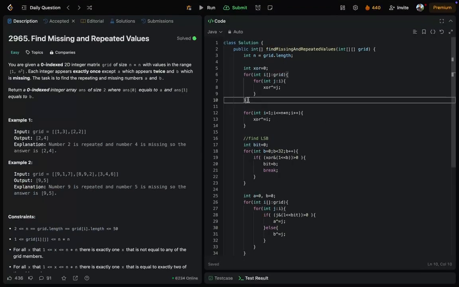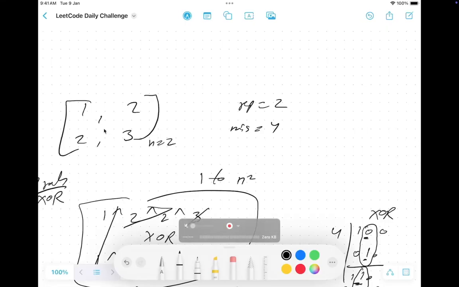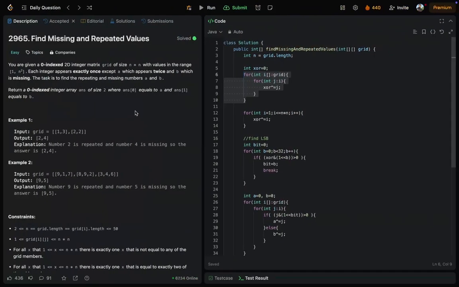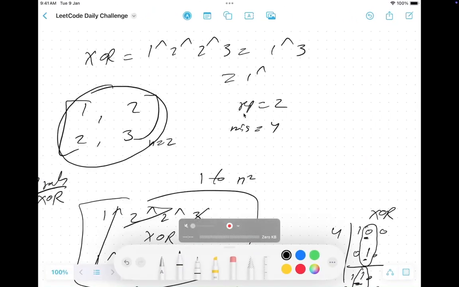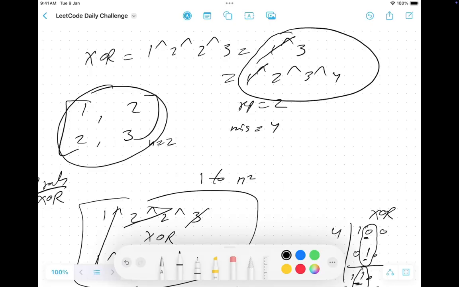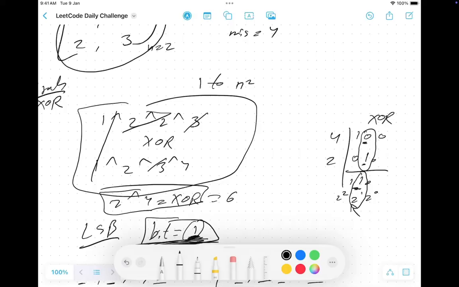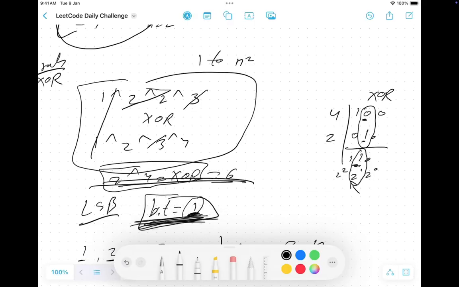So first we are doing the XOR. Let's go to the whiteboard. First we are finding XOR between these values. So we got 1 XOR 3, right? Then we are doing XOR between 1 to n square. So again we are doing 1, 2, 3 and 4. We are doing XOR between this and this. This will cancel out. We got 2 and 4, which is 6. So after getting this 6,